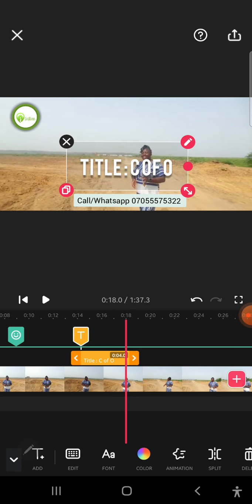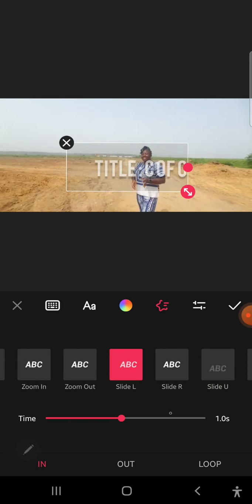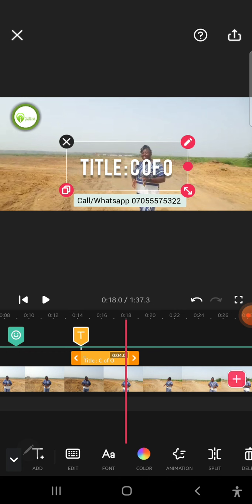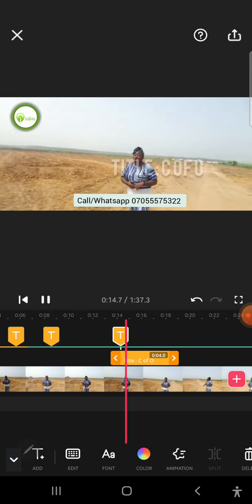Okay, so you see how that works, right? And you can also do this as an animation, don't forget, by clicking on it, it's active right now. So I can say I want it to slide in from the side, then go back. I think that's good. So when I drag it here and play,